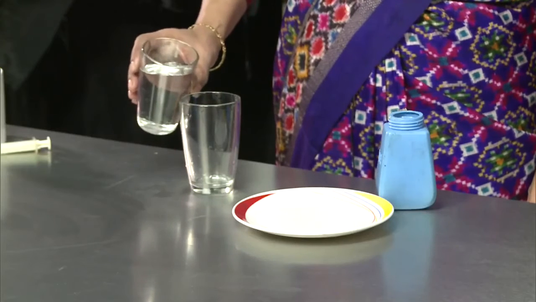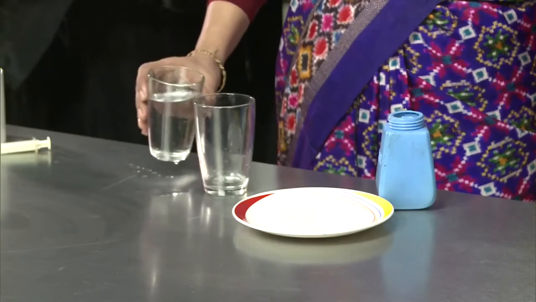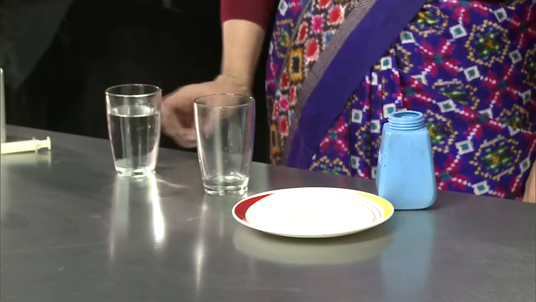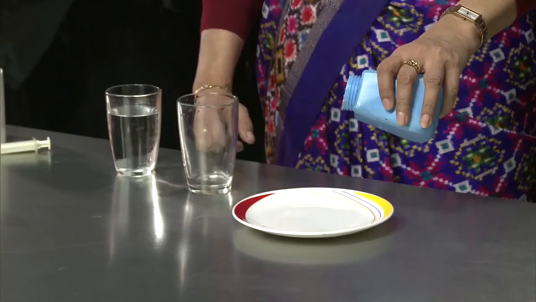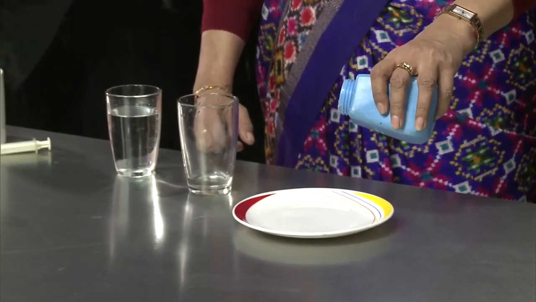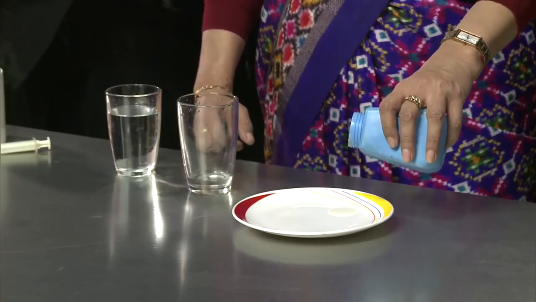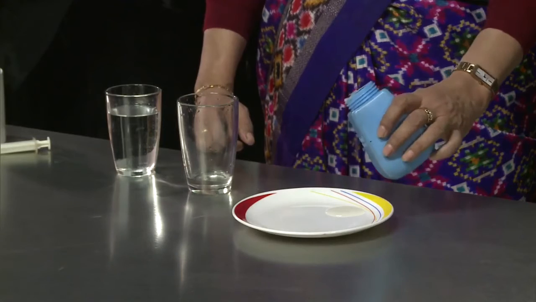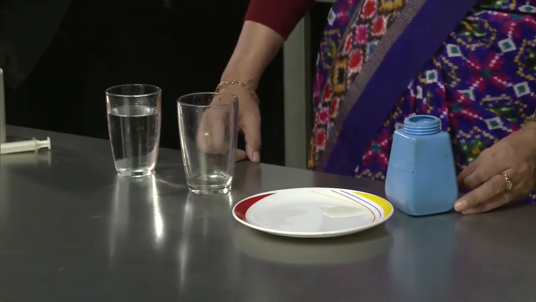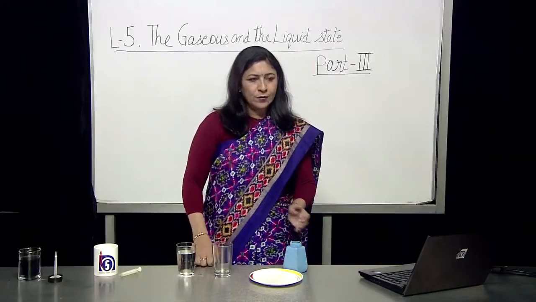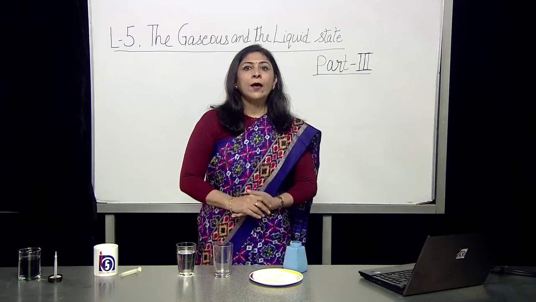I am going to pour this water into the glass and you can notice the flow. It occurs very easily, very rapidly. If we pour gum on the plate, you find it takes time also, and it is quite viscous, a very viscous liquid. Now, we can say that the layers of the molecules of the flowing liquid